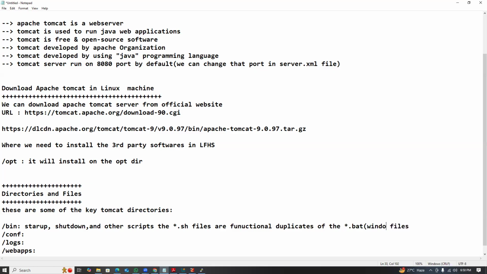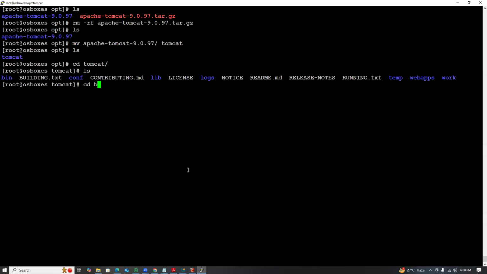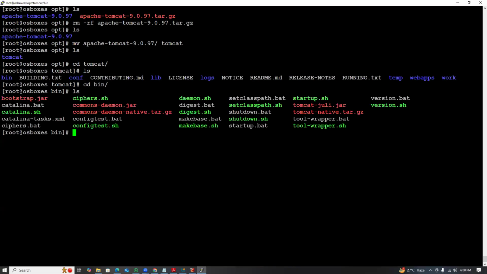This is for Windows. startup.sh is the one for Linux. So in Linux, these are all the start, stop, shutdown scripts. I will show you. What are those, guys? cd bin. What are those? shutdown.sh, startup.sh, version.sh. If you want to check the version,